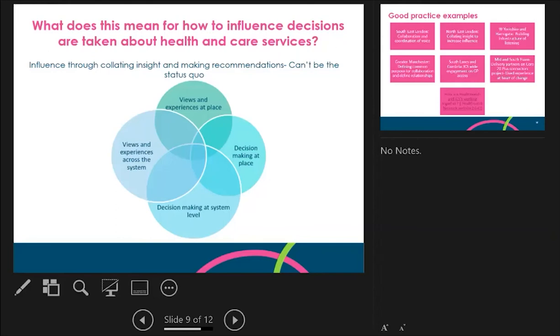across the system, which means that Healthwatch and the voluntary community sector need to collaborate in a different way to collate that insight, so that you're not providing a siloed, place-based view of what people's experiences are, and you're able to identify trends and outliers for people who are experiencing inequality in a different way to the system, so that it's collated, and also looking at coming together to develop